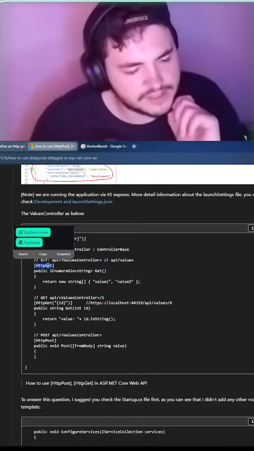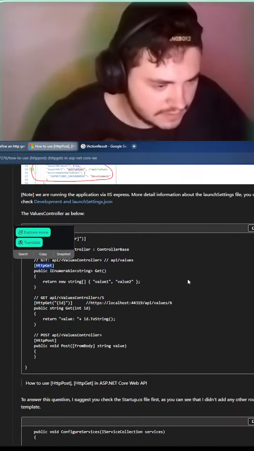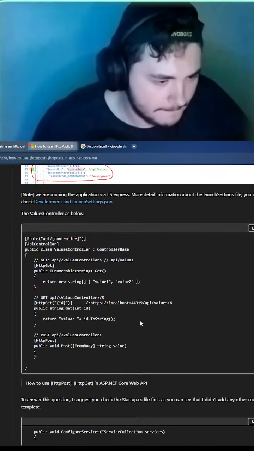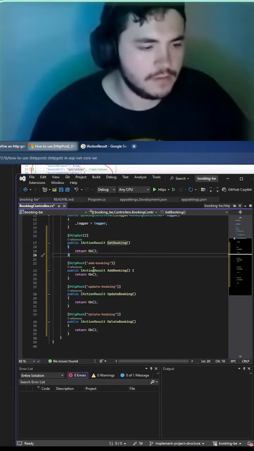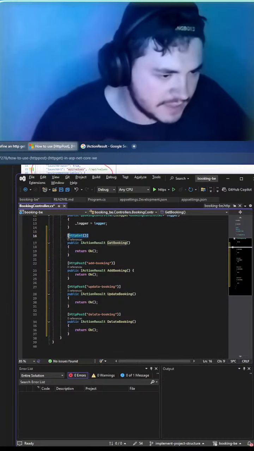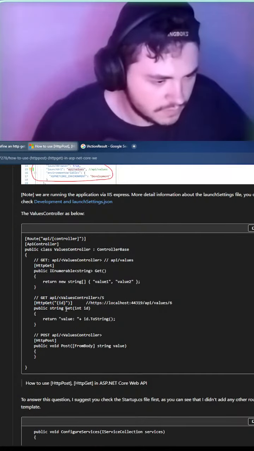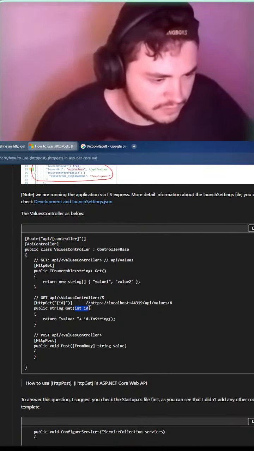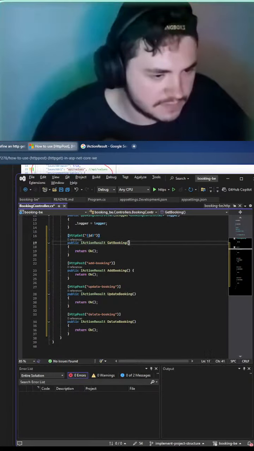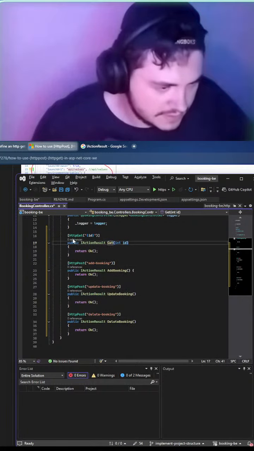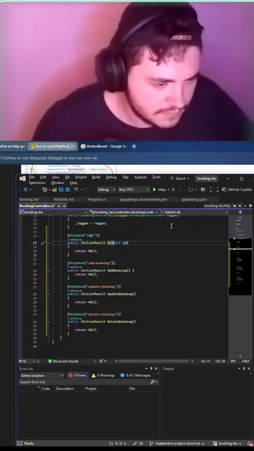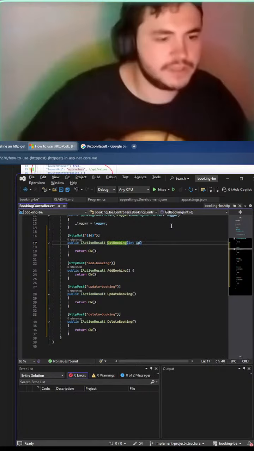Okay, so this is simply an HTTP GET. I think that makes the most sense. So HTTP GET, and then we'll pass an ID through. But forget the ID, we'll do very basic stuff. This is just going to be a simple GET. Let's make it a get booking. Nice and simple.